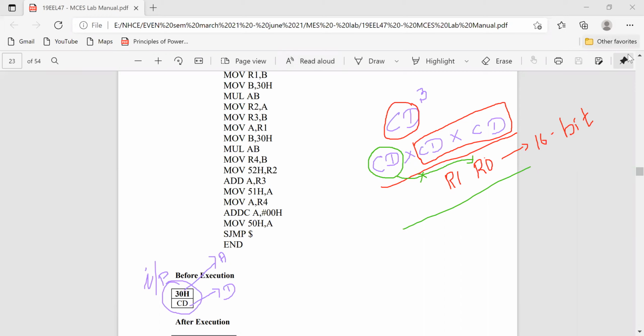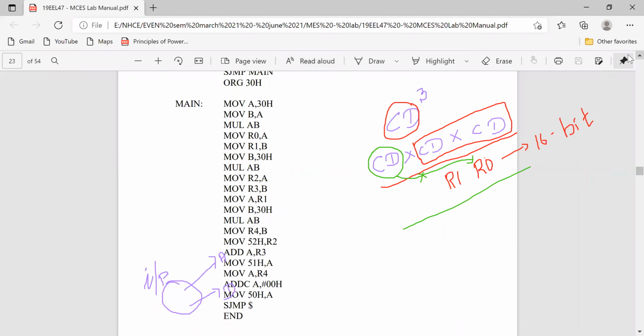For the first multiplication, they are going to use two registers, for example, R2 and R4. Just to keep in mind.